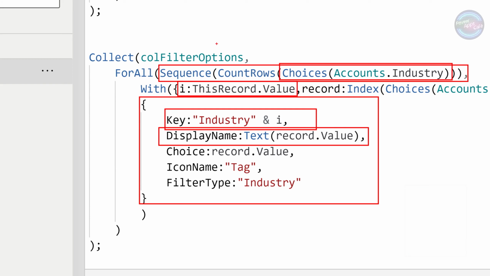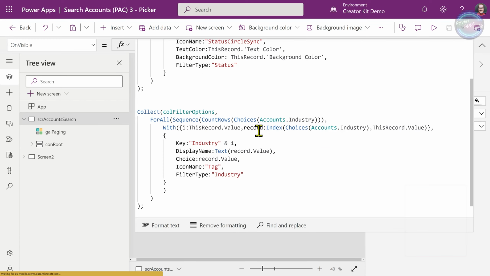Because the thing about choices is that they don't have a unique key other than the text. And of course, that choice might have multiple values in it which have got the same name. We don't know if it's going to be unique. So what we're doing here is creating a unique key for each of those options using this approach here.